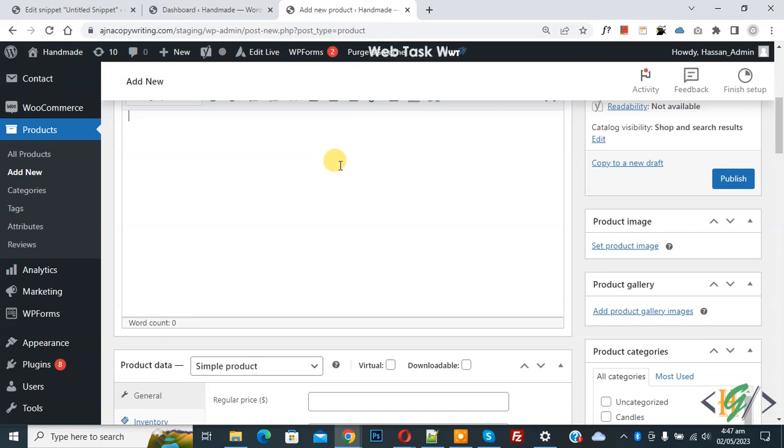Bismillahirrahmanirrahim. Assalamu alaikum. My name is Hassan and today we are going to hide custom meta boxes in WooCommerce edit